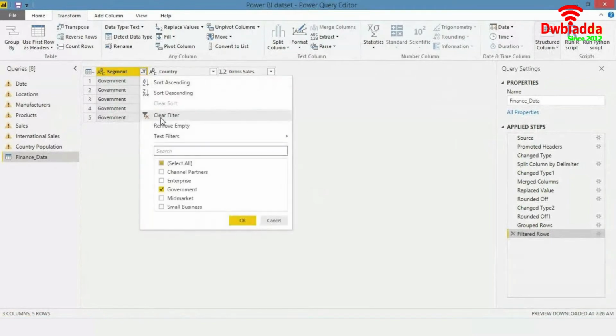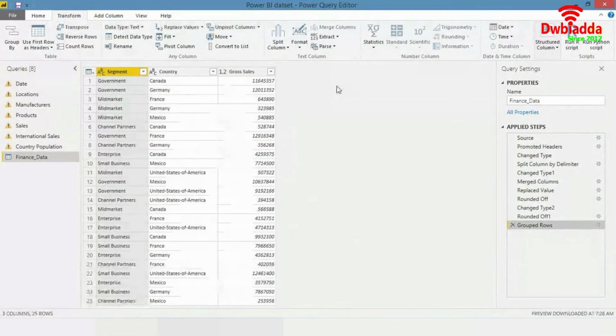So this is the query editor engine. You are basically going to use this for transforming the data. You may end up having data which is not clean. So you can transform the data over here into a format that you want, which is workable for you, which is convenient for you to build reports on, which is in a format that you desire basically.